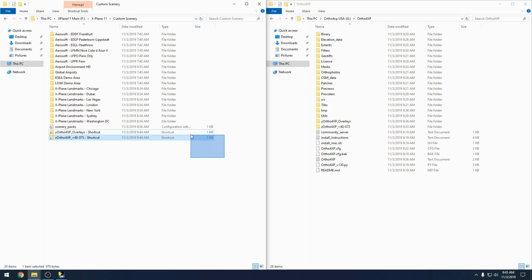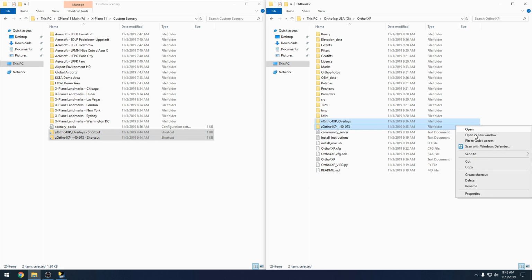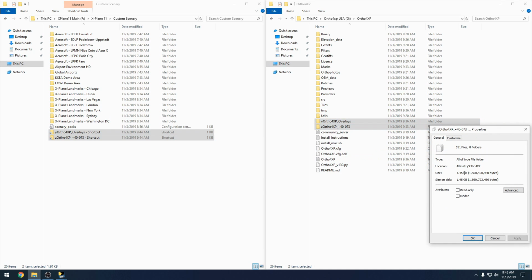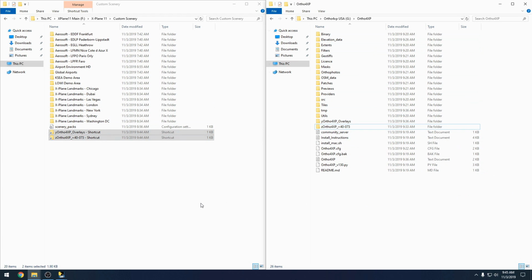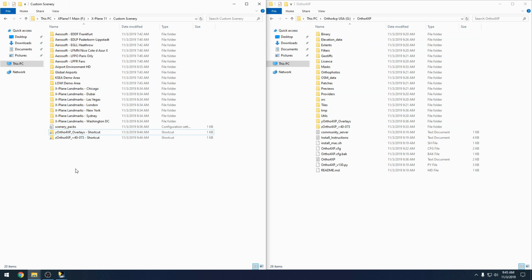You could see here the difference. These are only 1 kilobyte a piece, but if we look at these 2 folders here, you're looking at almost a gig and a half for those 2 folders. So that's the type of space you'll save if you have your ortho on an external drive or a separate drive on your computer. Now, when you load XPlane for the first time, what it's going to do is